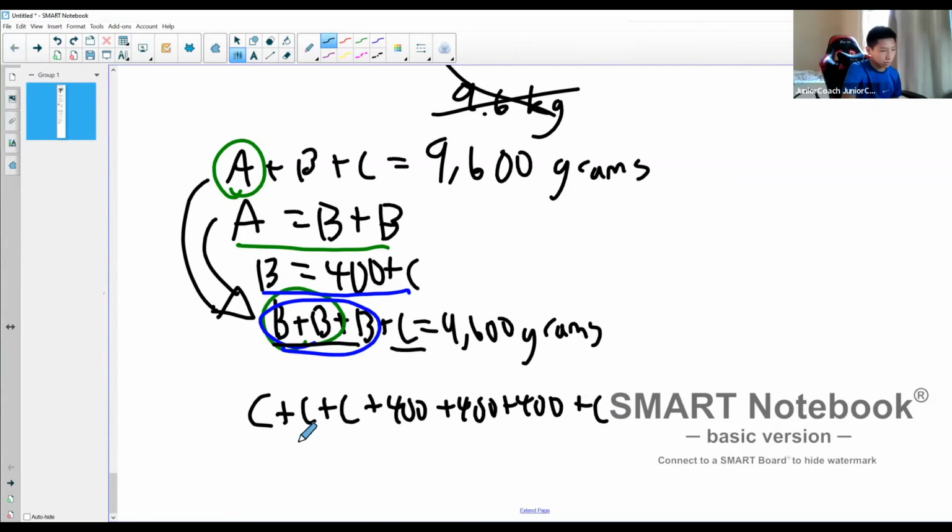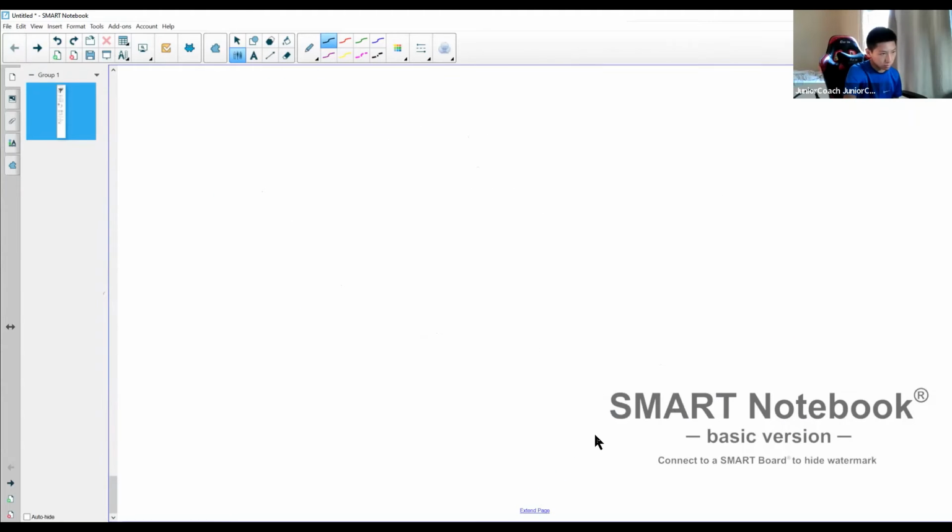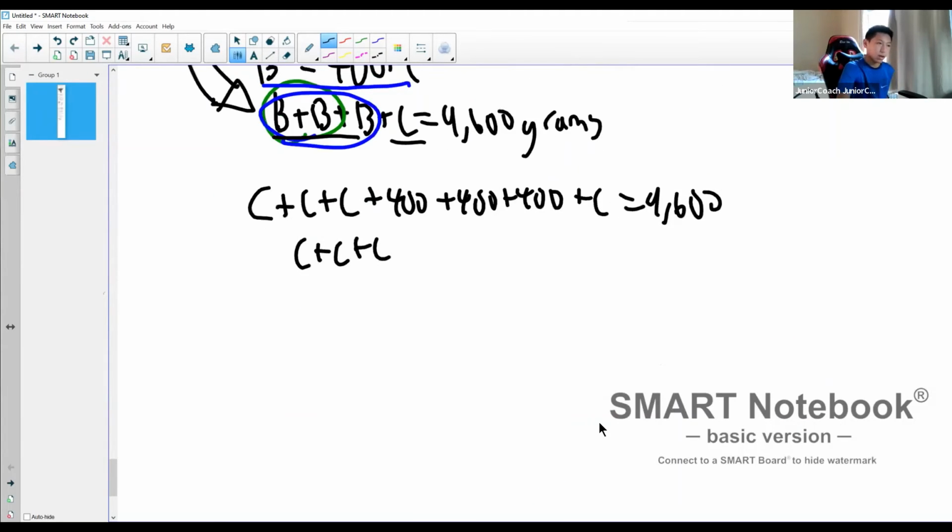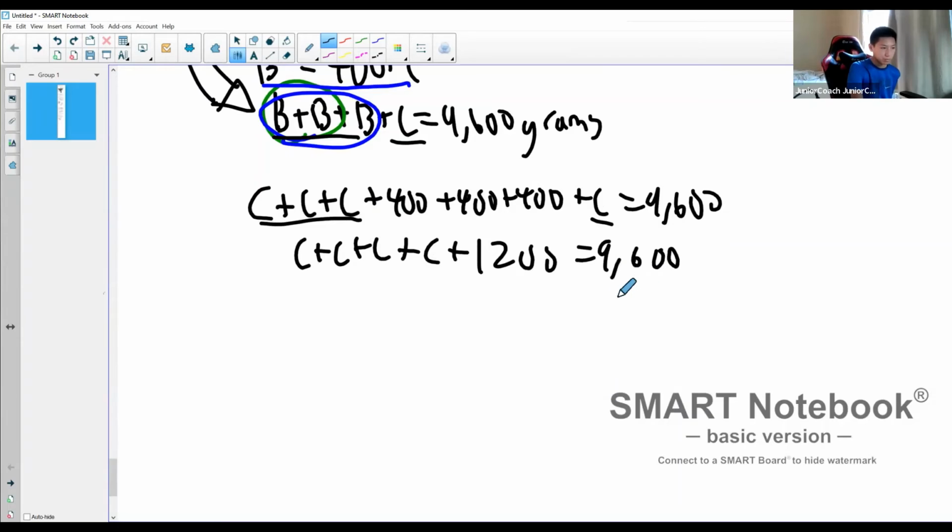I'm just going to rewrite this. It's C plus C plus C, and don't forget this equals 9,600. C plus C plus C, and then plus C again, because there's 4 in total. And then we're going to add 400 3 times, which is 1,200, and this equals 9,600. So what we're able to do from this is subtract 1,200 from both sides, because we can picture this as